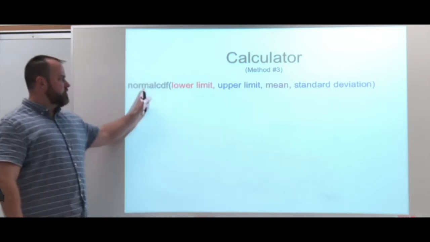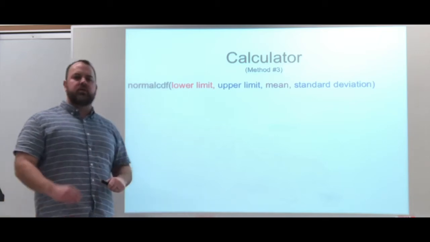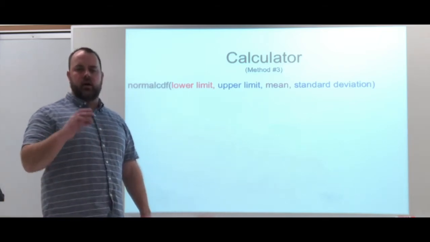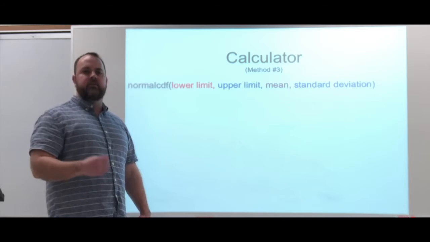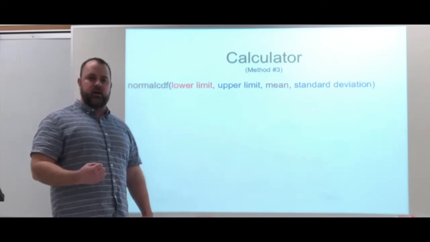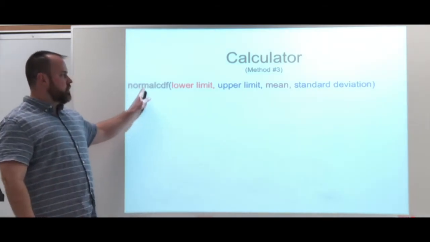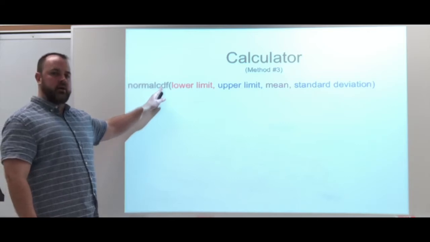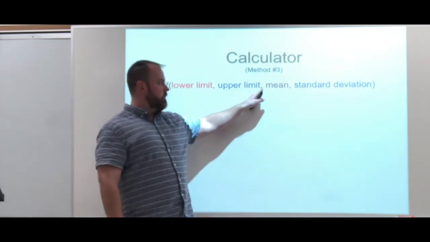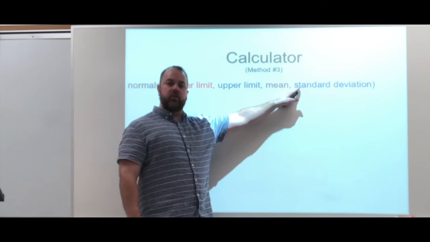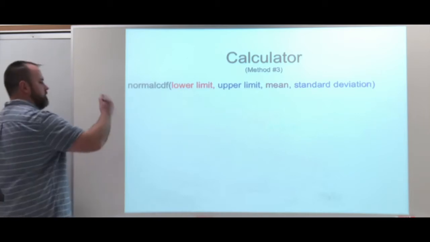The calculator function is the normal CDF function. It should be under the distribution function. There should be a button that has VARS, that's the variable button. The second value of that is going to be the DISTR, the distribution menu, and it should be the second one there. If you go to it, on your screen should show up normal CDF if you have one of the older calculators. And on the older calculators, you plug in the lower limit, comma, upper limit, comma, mean, comma, and then your standard deviation. If you have a newer calculator, it's going to ask you in a list: